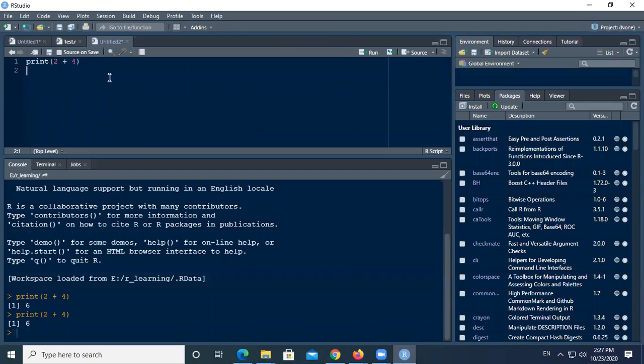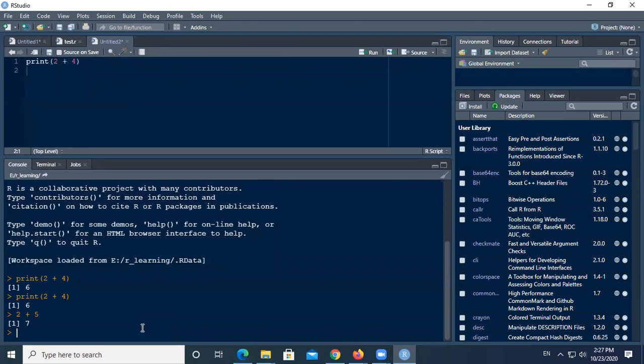So this is all about this window. This I've already explained. This is your console where the output appears, and you can directly write code here as well and hit enter, and it will return you the output. So you can interactively work with the console right from R Studio itself. No need to log in on the console or start the console again.